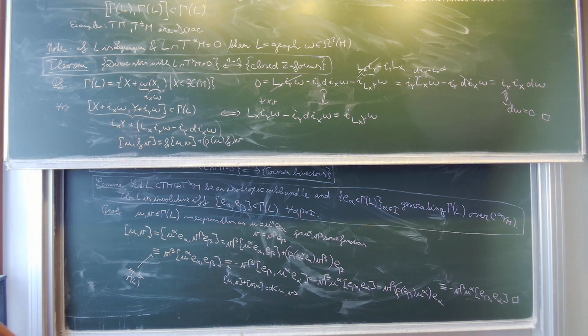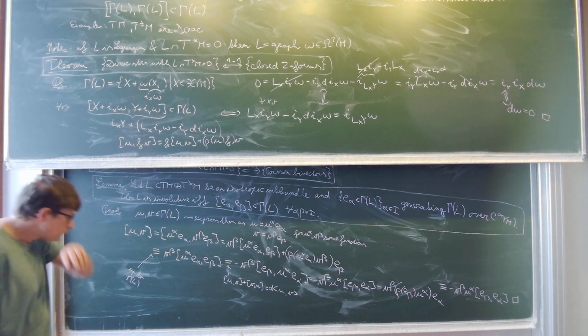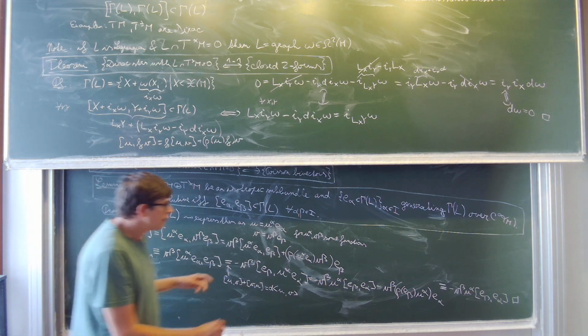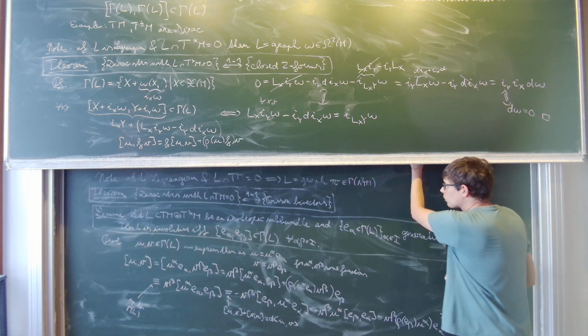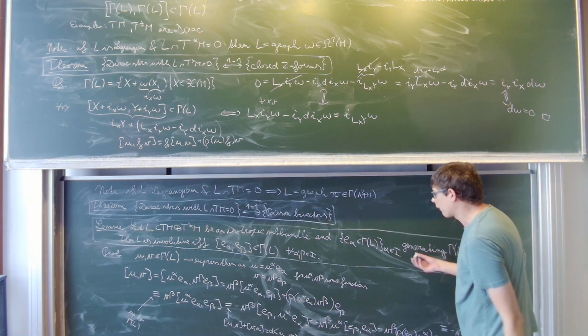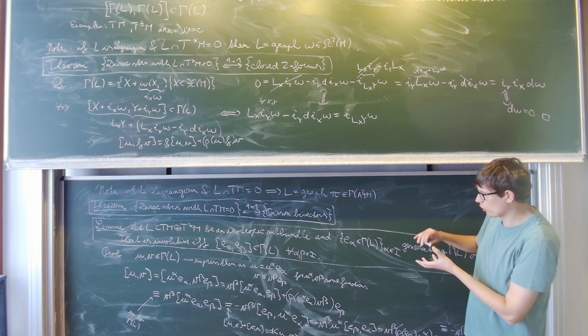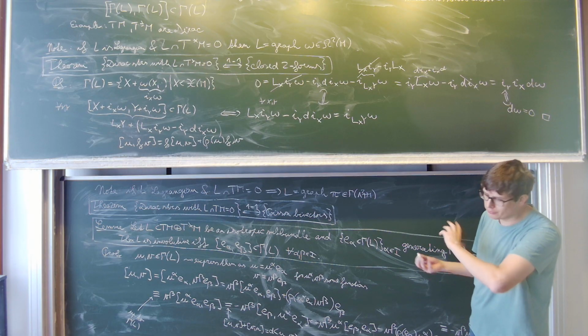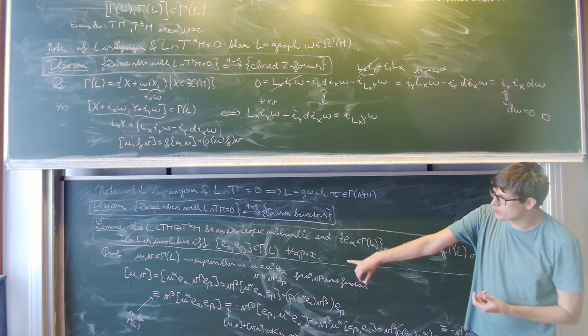Yep. I'm not sure if I fully understand the difference between these E alpha guys being a frame of L and this statement that they generate. So you see, we can have a bundle which is not topologically trivial, so it doesn't have a global frame. But I can always choose